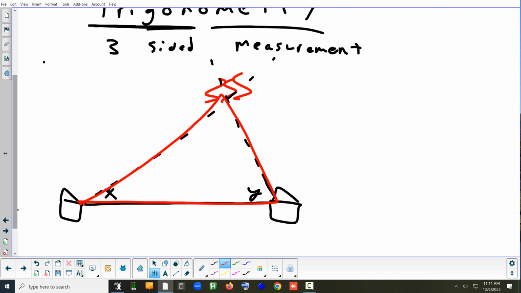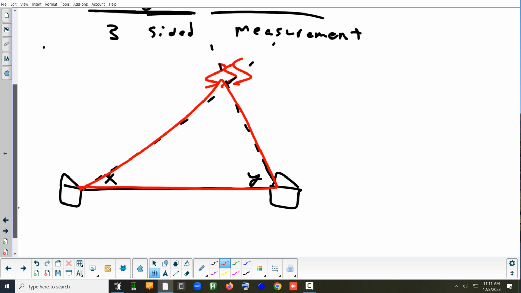The way they do that is you take a measurement, and then 6 months later, when we're on the other side of the sun, you take another. That's really good. You can take measurements at different points in time, and then you know how far the Earth has moved in that amount of time, because we know the orbit. So if you take measurements of looking at the